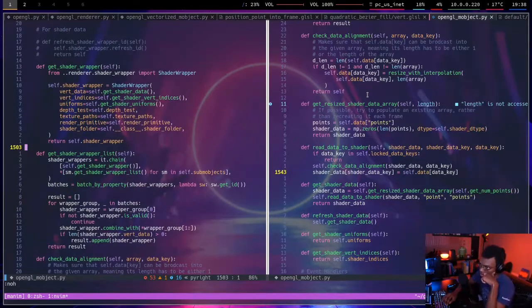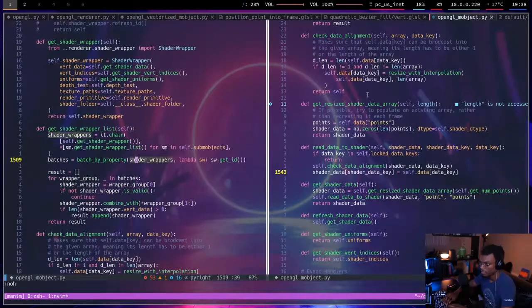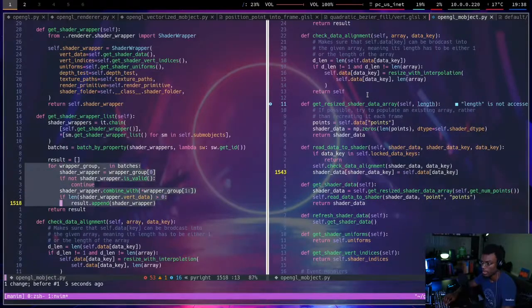Okay, and so what this is going to do is go through the mobject's family, and for each thing in the family, it's going to compile this list of shader wrappers. Then for each shader wrapper, which is basically the same shader, that's what this get ID is doing, it's going to combine the ones that are in the same batch, that are the same shader. So maybe right here,